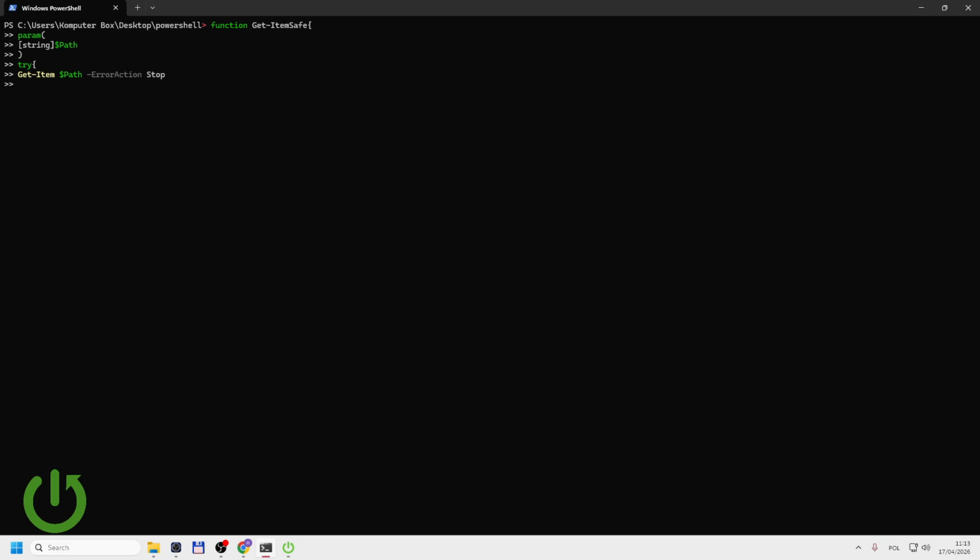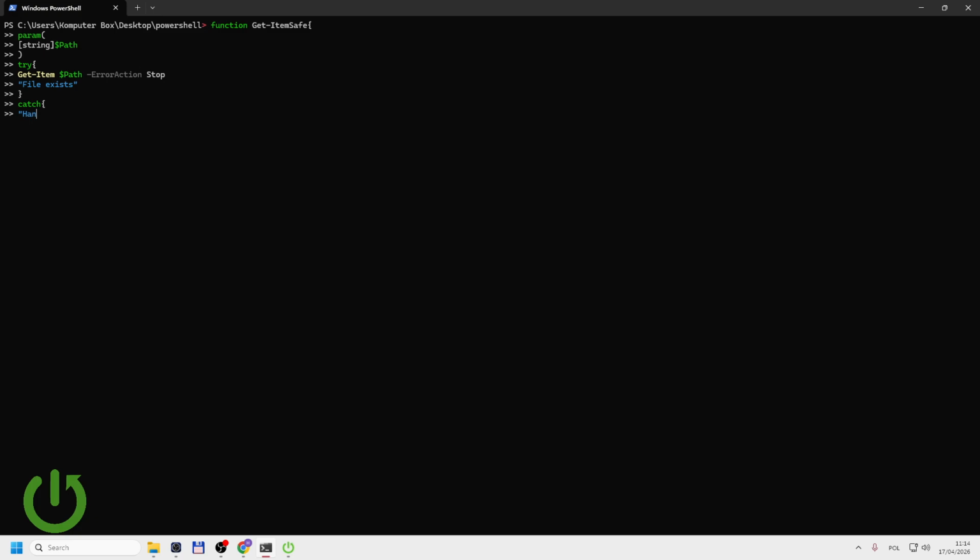Now, if it is okay, we will print file exists, like this. So as you can see, in the non-terminating error, we would actually get the error, we will not trigger the catch block, and we will print that. But in that case, with ErrorAction Stop, when we have the error in this line, we are actually ending the try block, going to the catch block, and printing the error. So we can close that, and we have to create the catch block,